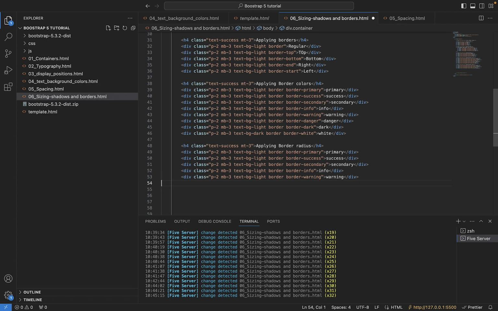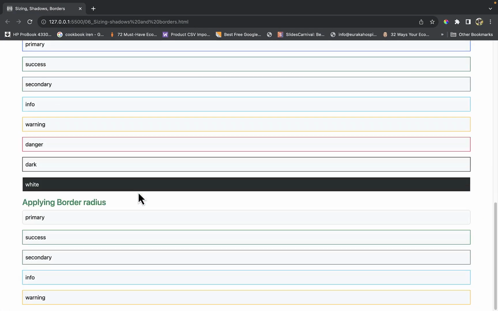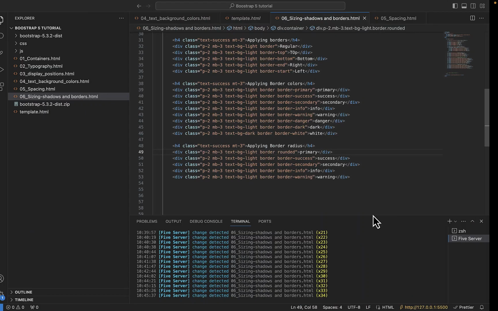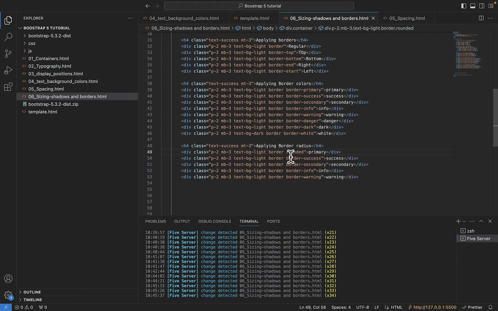Okay, let me use several of them, some of them, and apply the border class, and you can decide if this one is going to be rounded all through. You can just put the rounded class, and you can see it's having rounded corners as opposed to the sharp corners. And then if you want it to be rounded on the top,